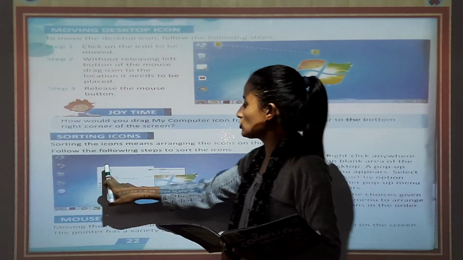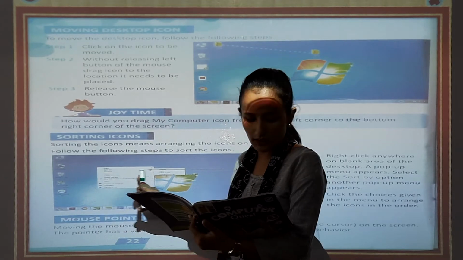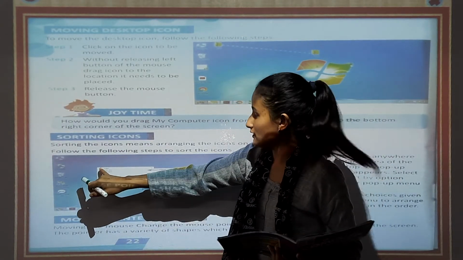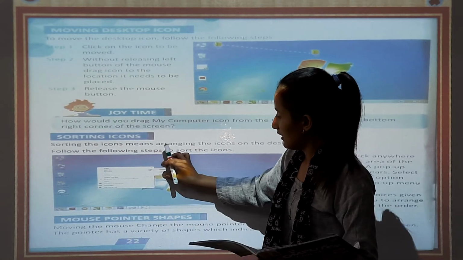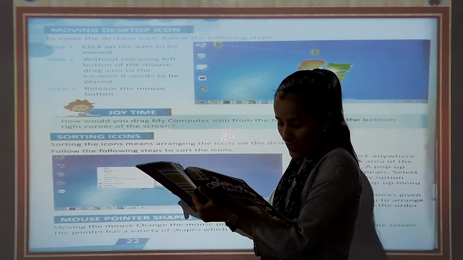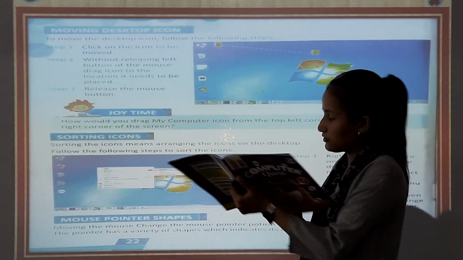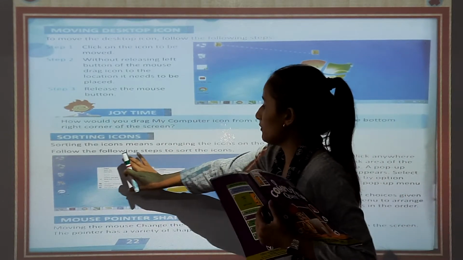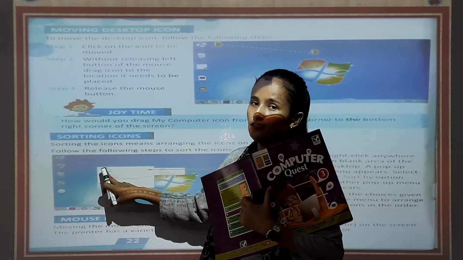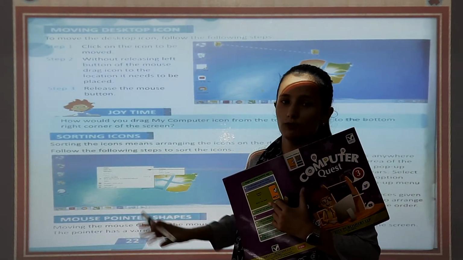You have to choose the menu option. जहाँ पर यहाँ पर दिया sort by. You can see sort by, and here are some options: name, size, item type and date modified. यहाँ पर आपको menu option दिखा जाएगा. You can select the menu option also.